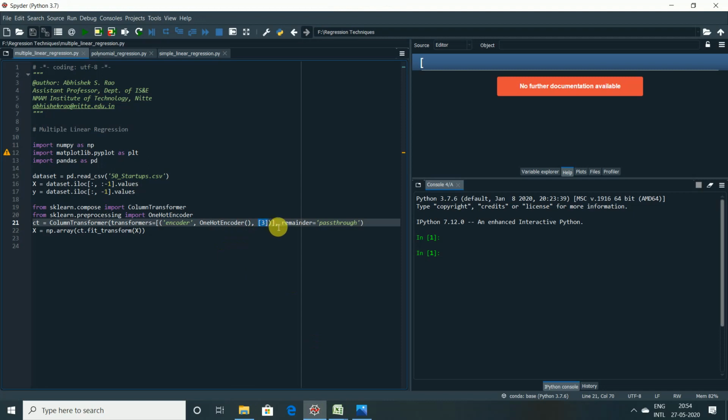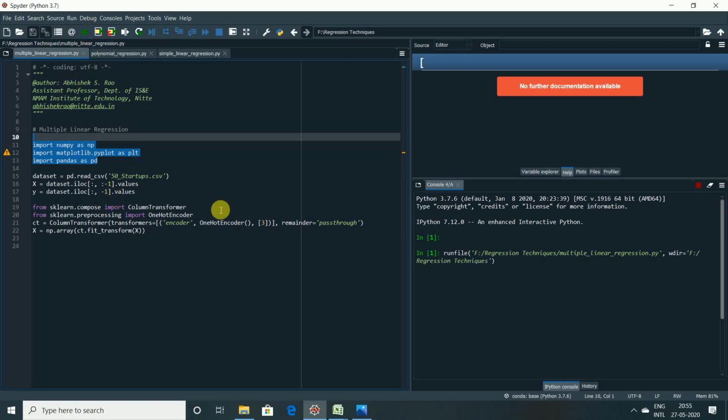And along with the extra features, I would also like to have the other features as well. That's why we write remainder equal to passthrough, right? And finally, as you all know, I would like to update the encoded results into the new data set using fit_transform and store it in a variable called x. Okay, so this is what we do in the encoding of the categorical variable. Now let me execute this. One by one I'll execute this. I think we are done connecting the new console. Okay, so I think it will execute all the lines here.